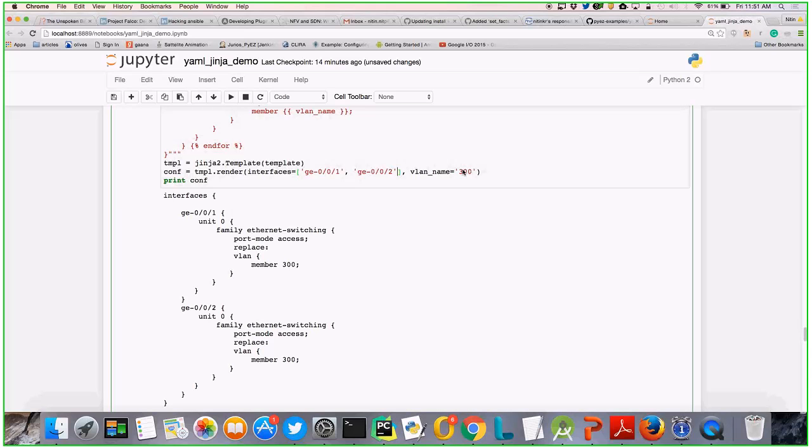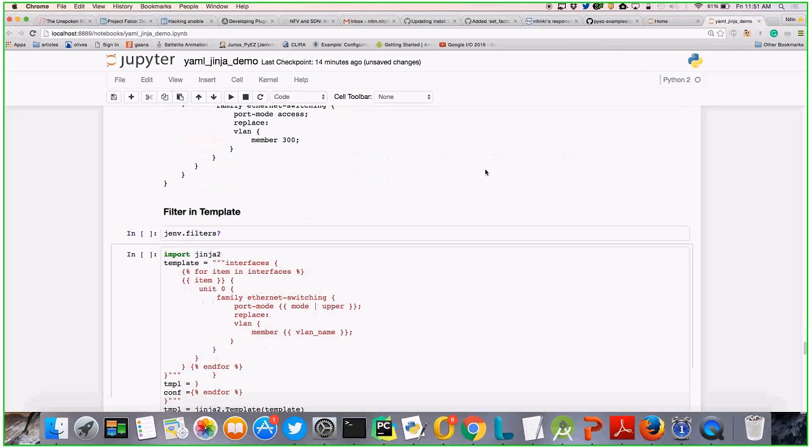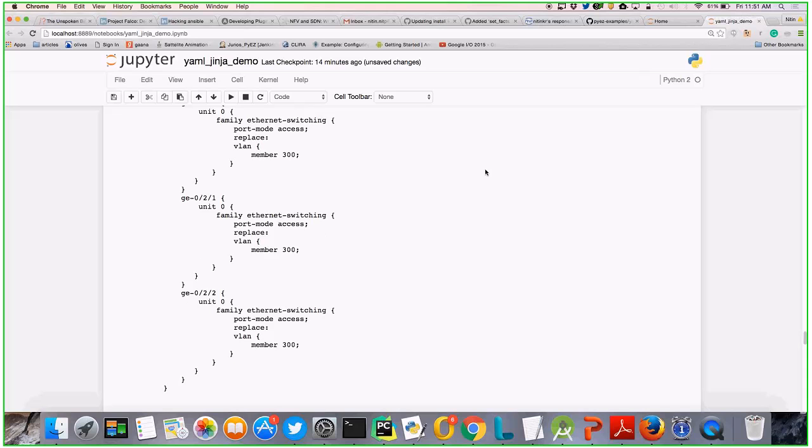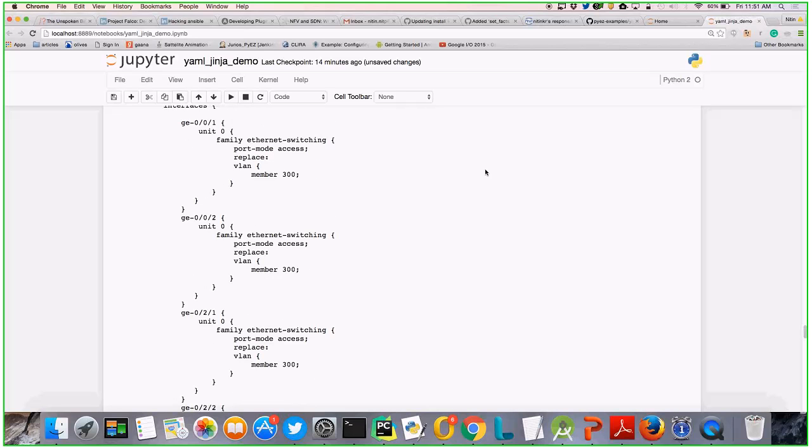Let's say I just want a bigger config. So as you can see, I just added these two values and my config got bigger. You just need to define one iteration, feed the values you need, and accordingly your config will become bigger and bigger. So this is where your template is very handy.